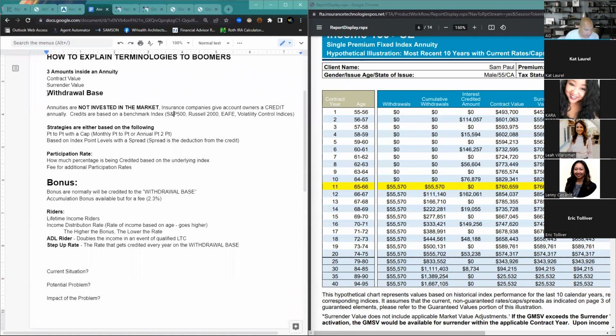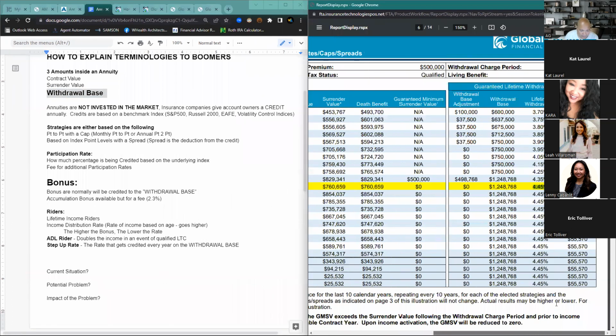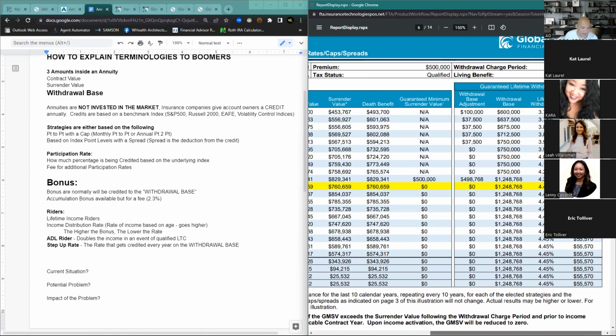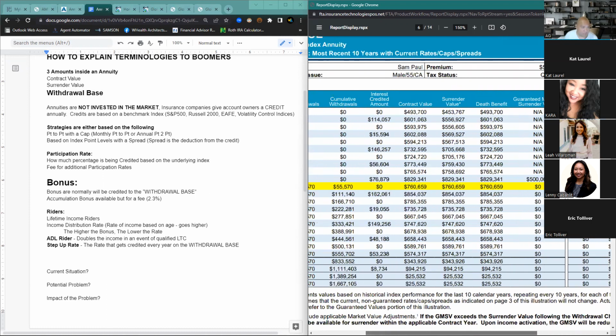Okay. Withdrawal base is this number, or income base, right? Bonus, you see this? 20% of 500,000 is 100,000. Someone could sell this as, okay, you get 100,000 on your account starting day one. That's huge, right? On a down market right now, anyone can sell that